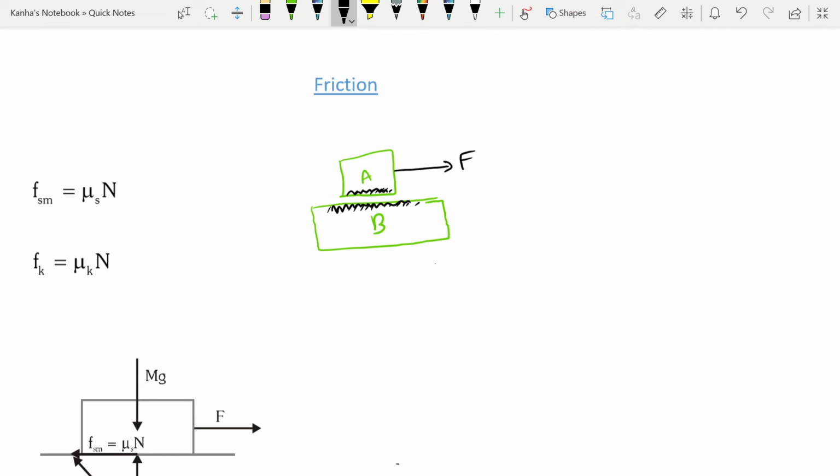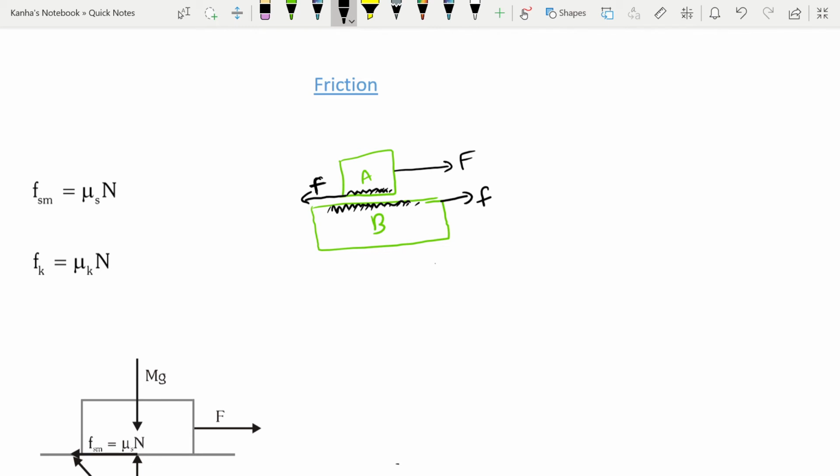So my force of friction, let's say it's known as small f, works so that my A does not move to the right side, and secondly, it works so that if A is moving to the right side, my B is also taken along with it. There are two things. First of all, stopping the motion of A, and secondly, assisting the motion of B. So this means on my B there will be a force acting to the right side, and on the block A there will be a force acting on the left side.